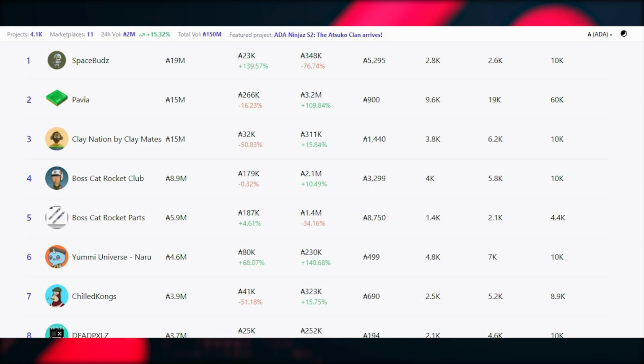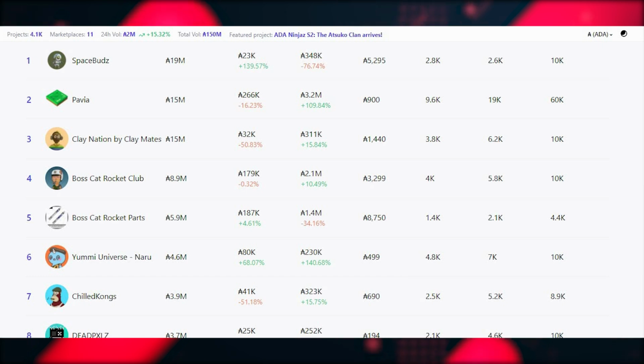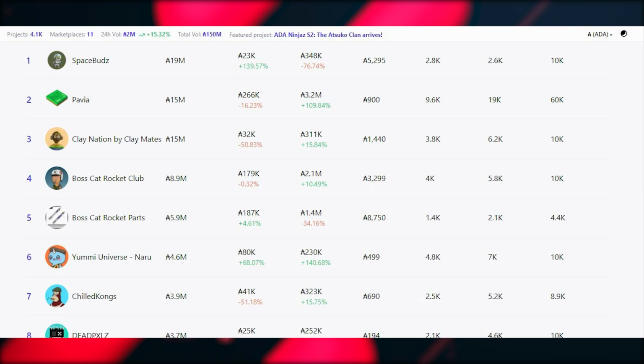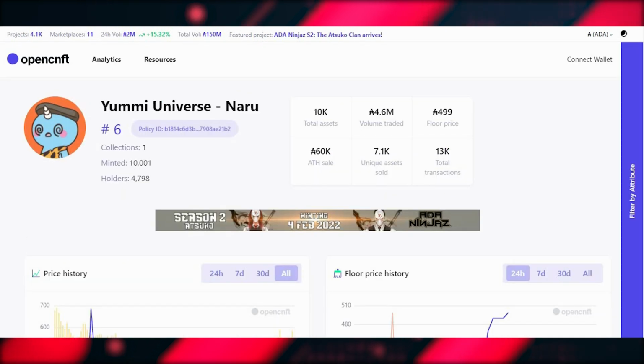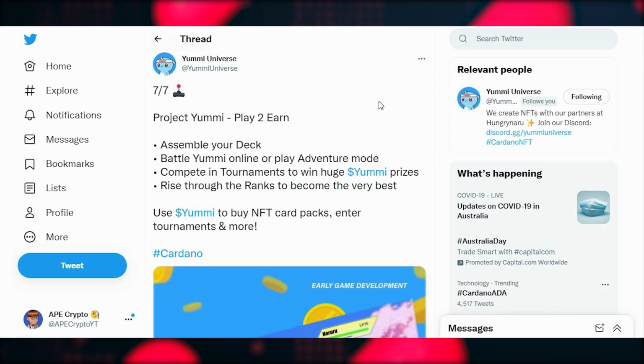So Yummi Universe. If you've been in the CNFT space for a while, you'd know that this is one of the blue chips, ranking in at number 6, with 4.6 million ADA in volume in total, and a 500 ADA floor. Yummi Universe is undoubtedly one of the biggest projects, and it recently had some huge news in